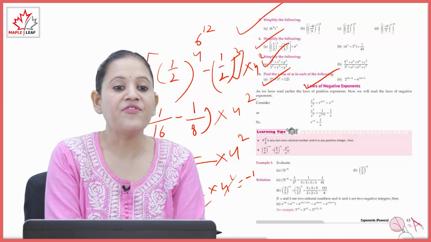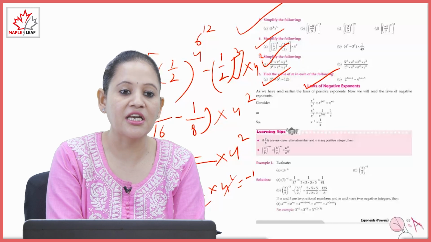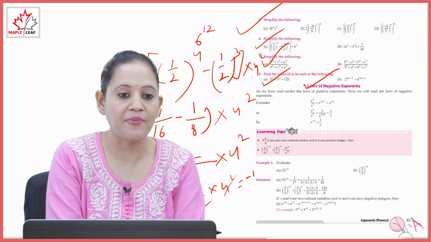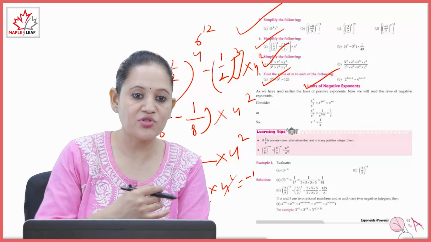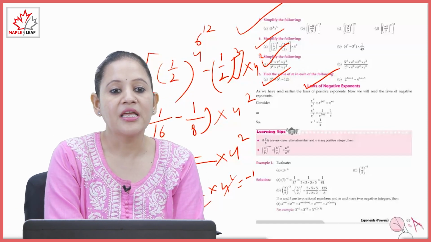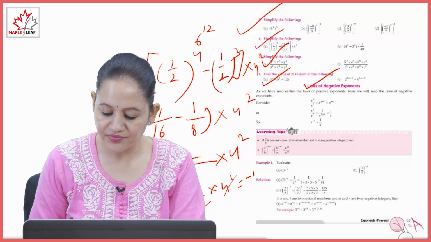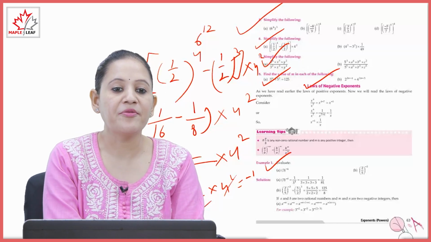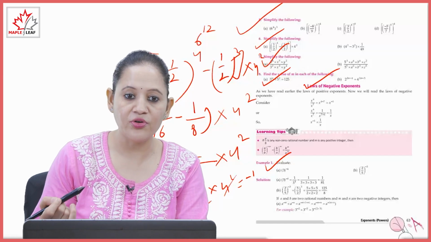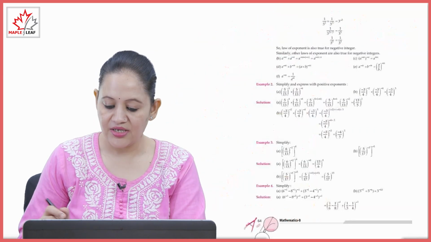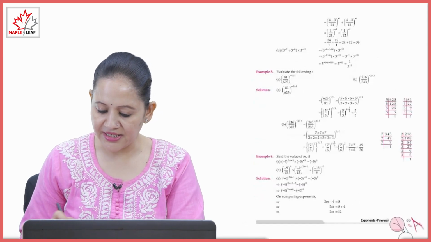लर्निंग टिप्स. If a upon b is any non-zero rational number and m is any positive integer, then (a/b)^-m is equals to b/a. हम चेंज कर देंगे तो क्या हो जाएगी, पॉजिटिव हो जाएगी पावर m equals to (b/a)^m. एग्जाम्पल लेते हैं. इवेल्यूएट 3^-4. सो पॉजिटिव करने के लिए हम क्या करेंगे, नीचे ले जाएंगे 1 upon 3^4 that is equals to 1 upon 81. So you have to practice all this example. सारे एग्जाम्पल्स आप प्रैक्टिस करेंगे.